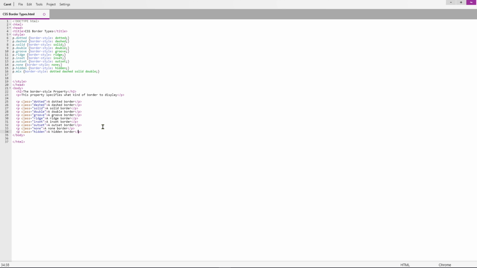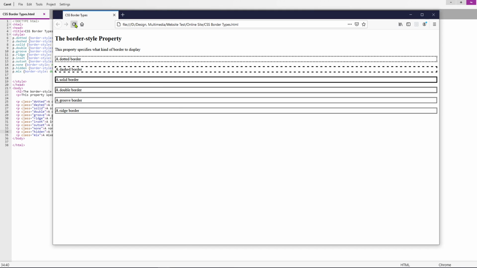A hidden border. And the last one will be p class equals mix. Your mix border. Okay, so we'll go ahead and hit file, and we'll refresh this,